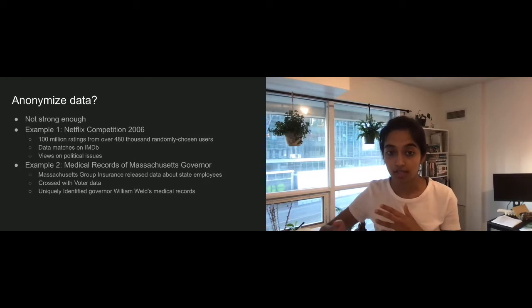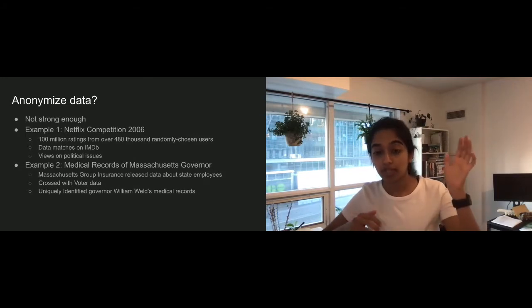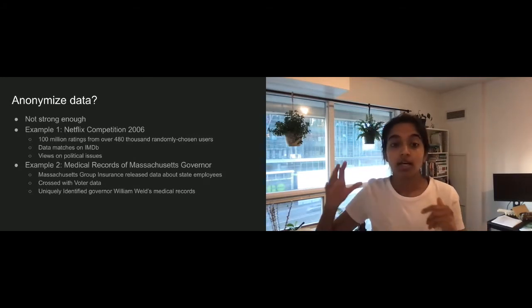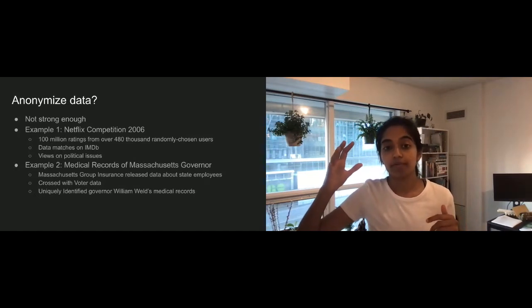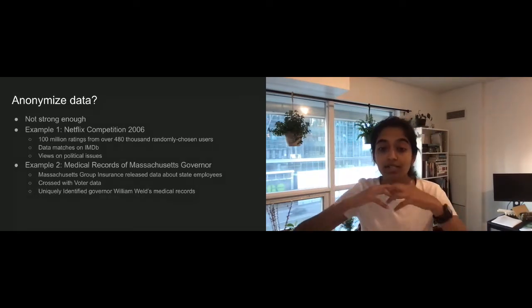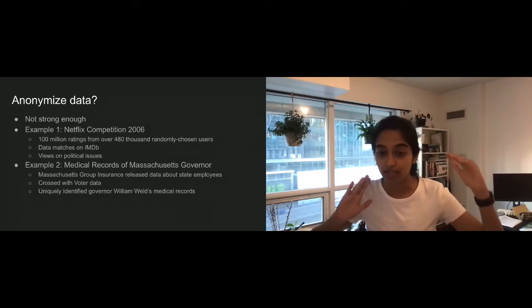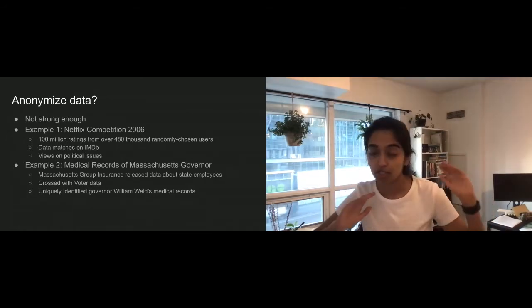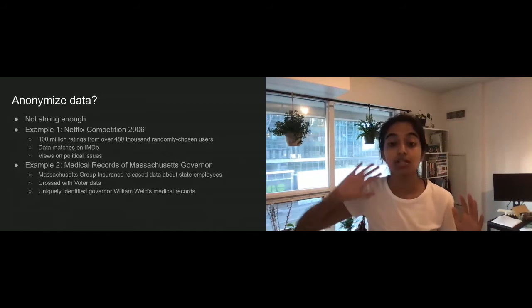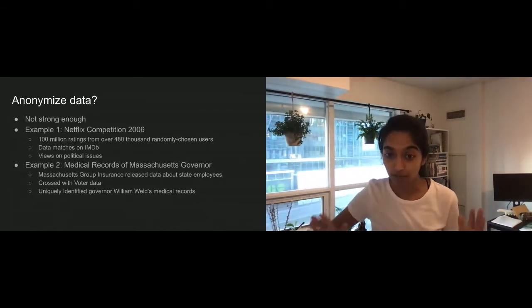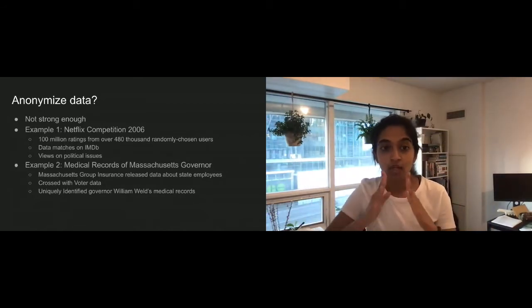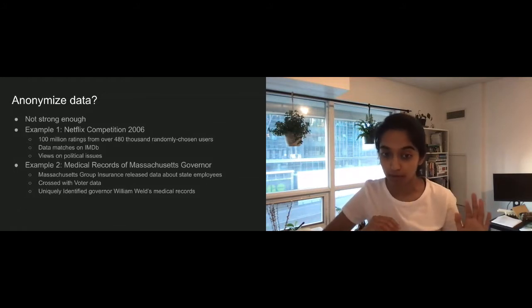So researchers and scientists were able to take the data provided by Netflix and the data from IMDb, look at the intersection of the users on both of these platforms, and identify these individuals uniquely. Isn't that crazy? Even though one database did not have any personal information about any individual at all, just because of the other information available out there, you could tell who that person is, even though all their personal information was stripped out.